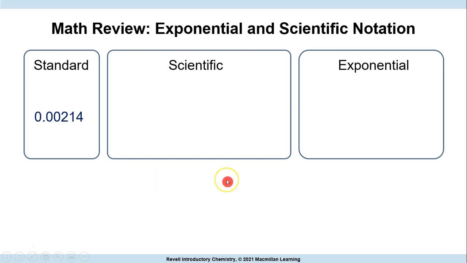Now, let's have a math review here, because we are going to be looking into some calculations to determine whether an acid is a strong acid, a base is a strong base, or is a weak acid or weak base. So let's have a little bit of a math review here. So we are going to look at this standard notation for this number. The standard notation here is